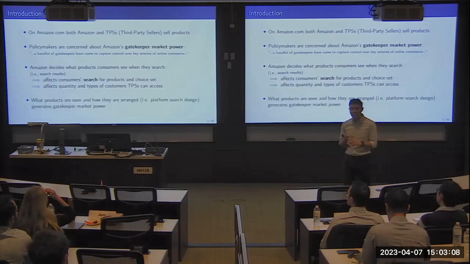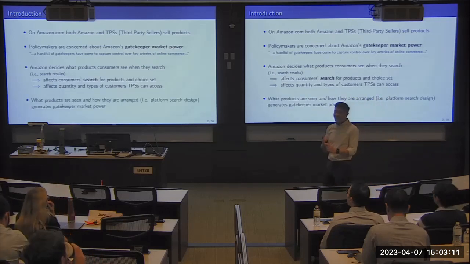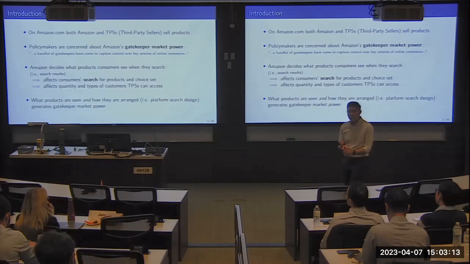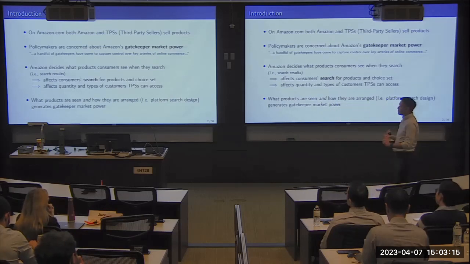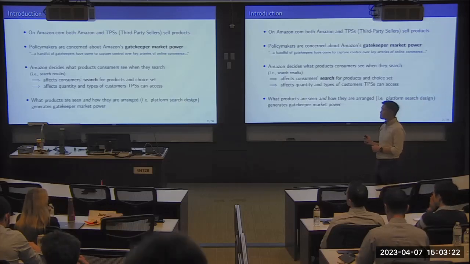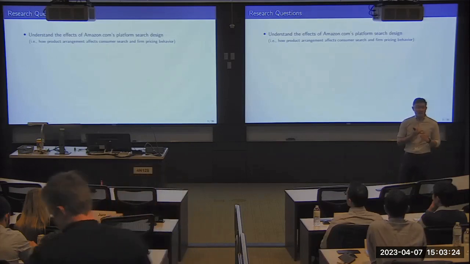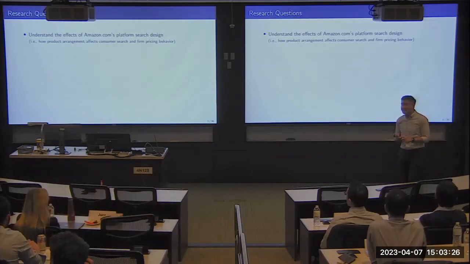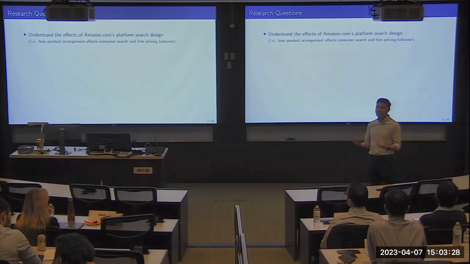And so what products are seen and how they are arranged, which together is platform search design, is what generates gatekeeper market power. So this paper is going to try to understand how Amazon's current platform search design